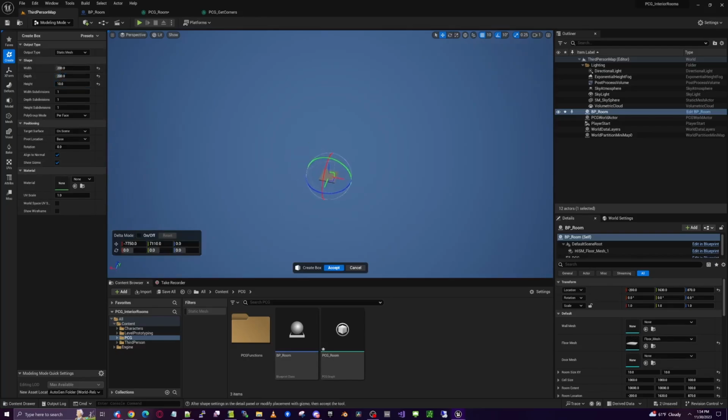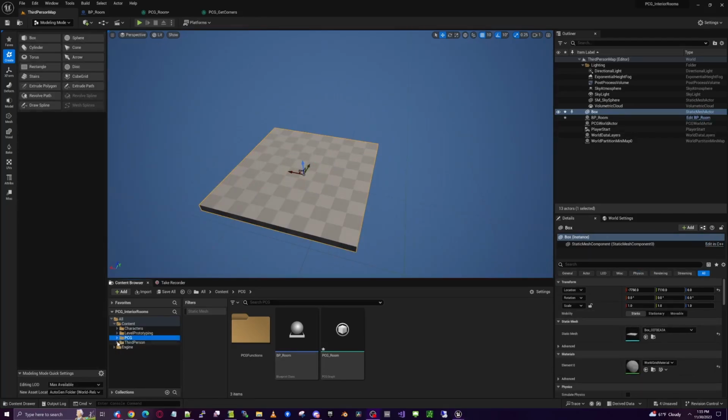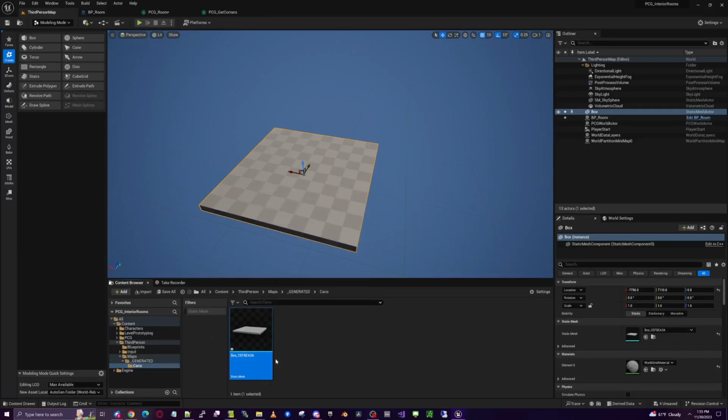That's much smaller. We accept that. That will be created inside our third person because we're still in our third person map generated, and then here is that. So what I would like to do is go into our PCG and just create a new folder in there called meshes, and then we'll take that generated, we'll copy it to meshes, and then we'll rename this